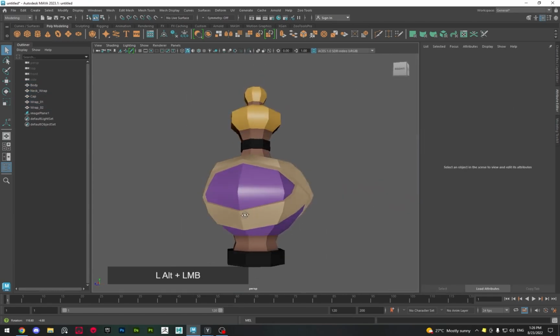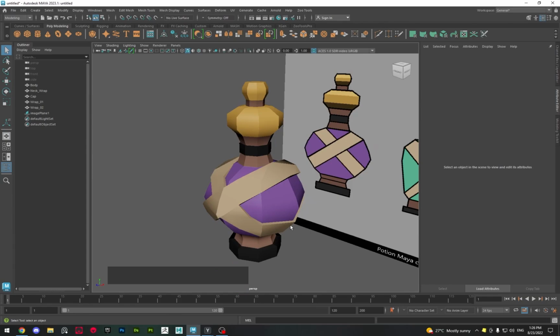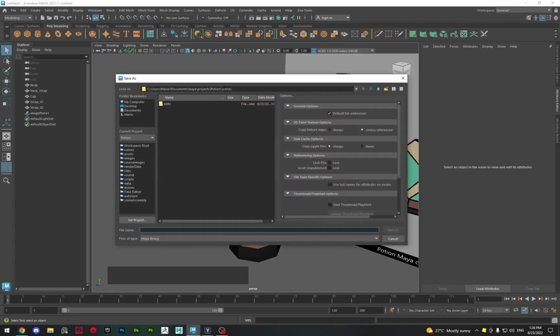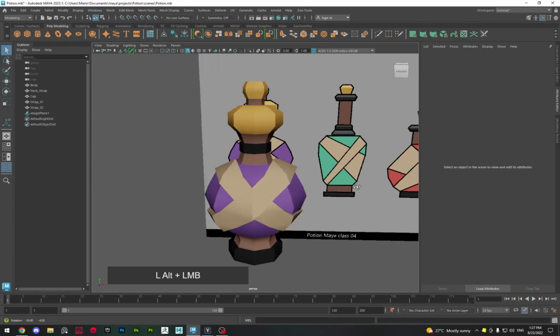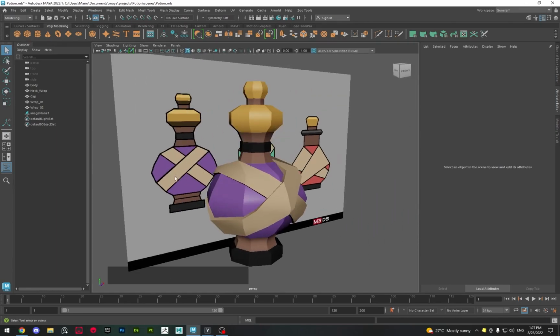All right, and that is the end of this lesson. In a short little summary, we created this low poly potion. We created a project, made a new scene that we are going to save right now. I'm gonna Control S, save it, call it potion. We inserted the reference. Remember, we don't need multiple references if it's something like this that's perfectly, let's say, symmetrical. We found new ways to use the multi-cut, learned some new tools like the duplicate, the